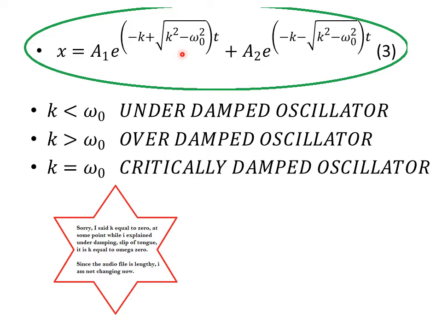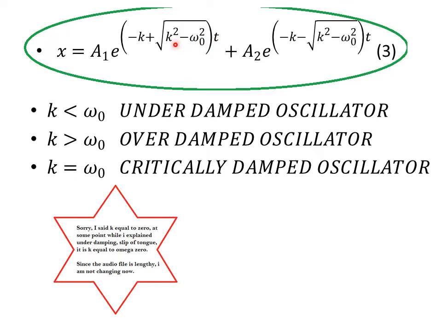Okay, that omega can be considered to be the new frequency with which the system is going to oscillate. And you know that e raised to i omega t can be written as cos omega t plus i sin omega t, which means that will represent sinusoidal oscillations. Okay, or e raised to i theta is the complex exponential, which stands for sinusoidal oscillation. So that means in the case of underdamping, or when k is less than omega 0, the system will be oscillating because of the presence of e raised to i theta term,